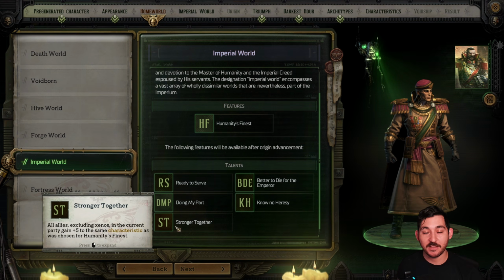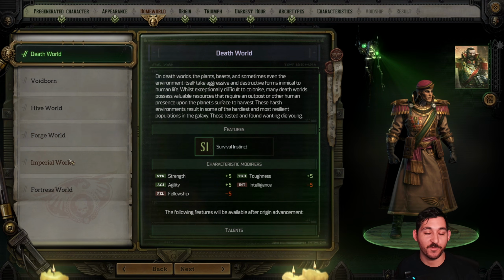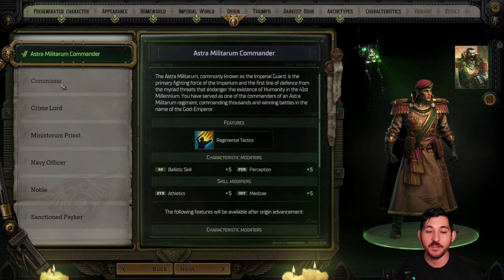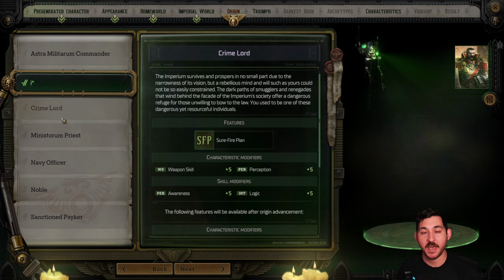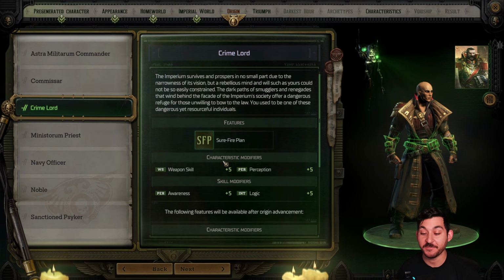But again, the fact that you do have to take these, and there's so many good talents in the game, especially for melee, I lean to Imperial World, but Death World for melee builds, you can see they're both excellent. So for the origin, also very important. There's a couple things you can do here, but for me, any origin that gives weapon skill is something that I'm gonna lean to. For my character, I actually went with Crime Lord, believe it or not,